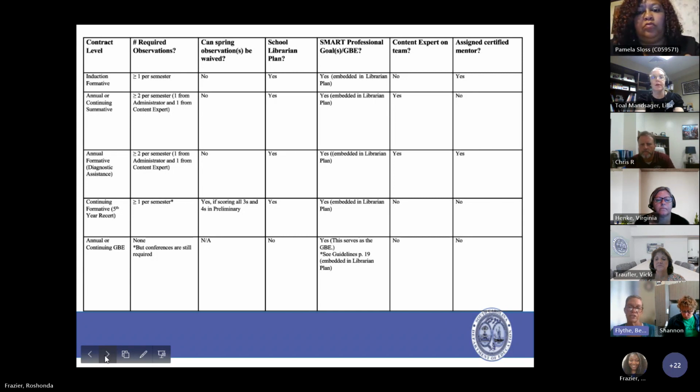And so as you can see, these are what things are going to populate. If you have the contract and evaluation levels set correctly in SC Lead, these items will automatically populate on the left. And so they will automatically factor into your bars and bubbles, and that informs SC Lead what it's looking for, what needs to be completed in order for that educator to be met or not met with a complete ADEPT evaluation for that year. Okay, next slide.